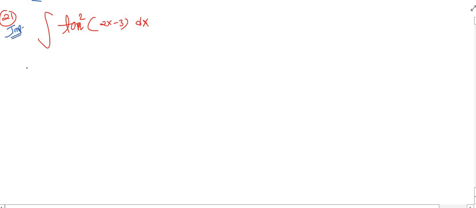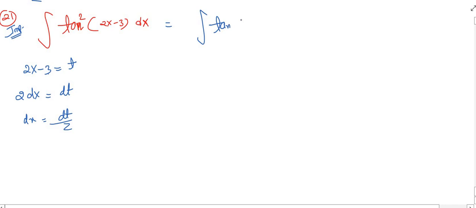Look, let me take 2x minus 3 as t. Then it will be 2 dx is dt, because the derivative of 3 is 0. So dx is dt by 2. This is done. So let me write, the question became tan square t dt by 2. Okay, because dx is dt by 2 and this part is t. Look carefully,